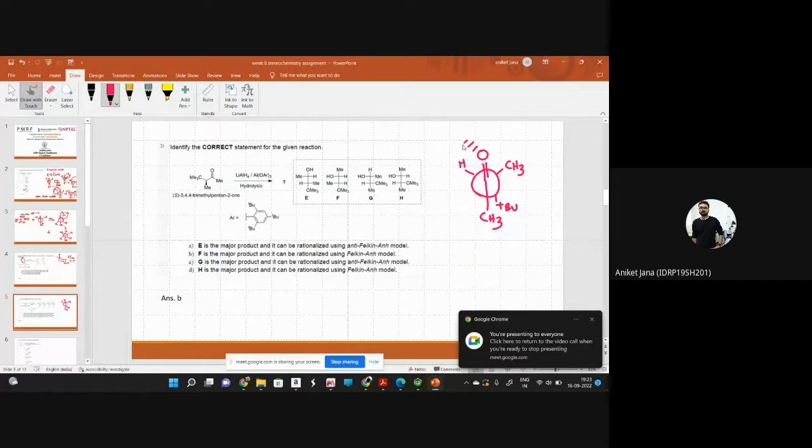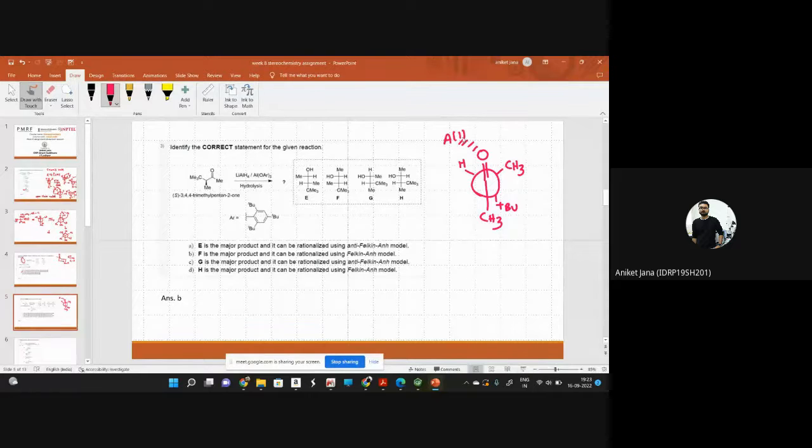So it will form a chelate with the lithium aluminum hydride, and the hydride will attack from which side? From the side of hydrogen or from the side of methyl? From the side of hydrogen. From the side of hydrogen, definitely, it is the smaller group, so it will attack from this side, and our product will be